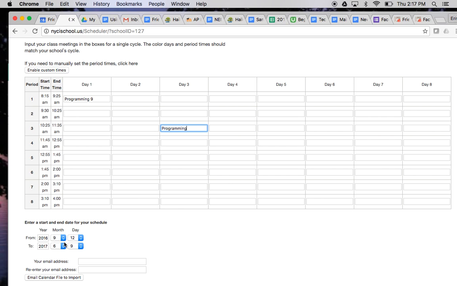The first day of school is the 12th. You probably don't want your classes going all the way through June 9th because we're going to have exams before then, so you can adjust that to, maybe it's May 31st. And then once you have the start and stop times that you would like, just go ahead and email yourself